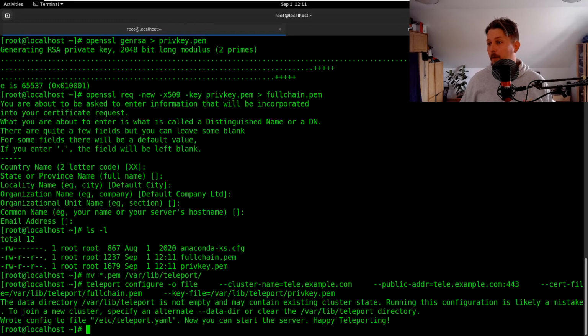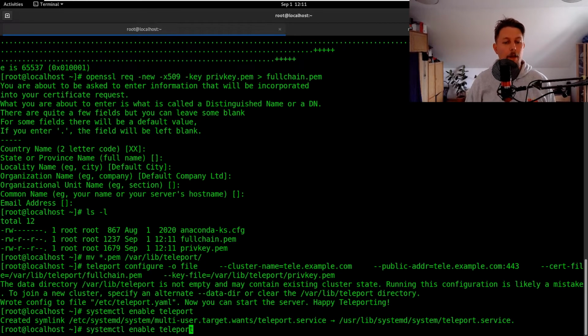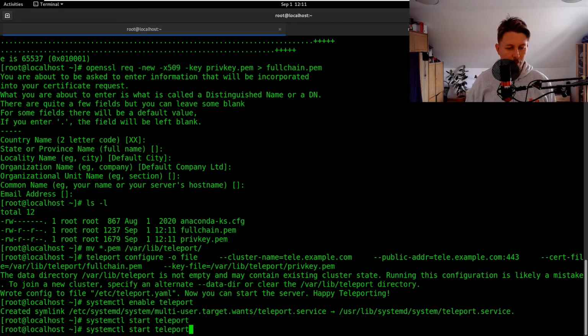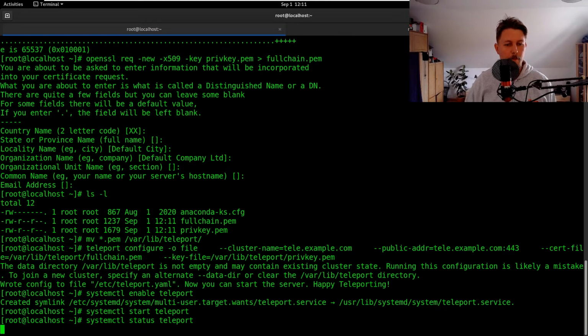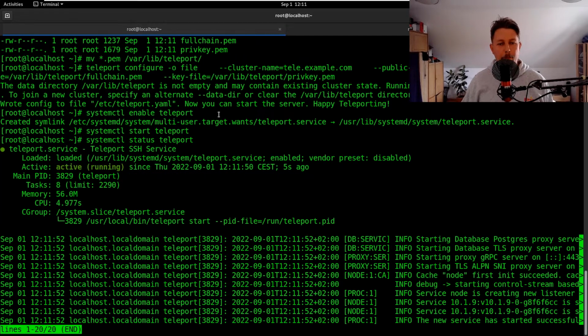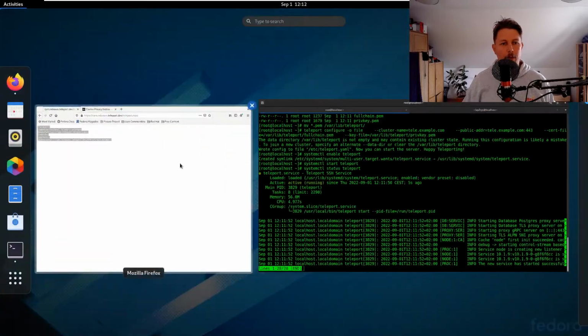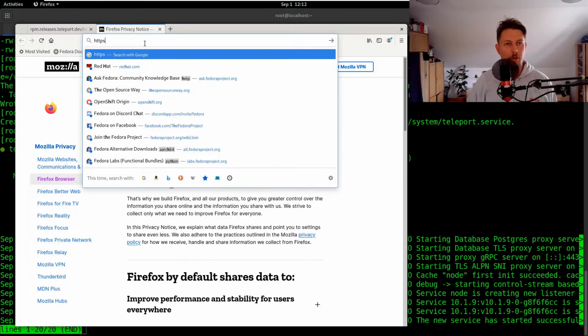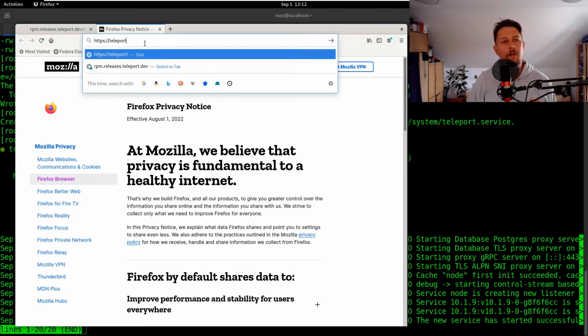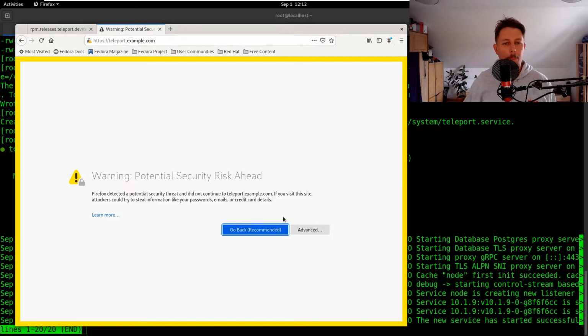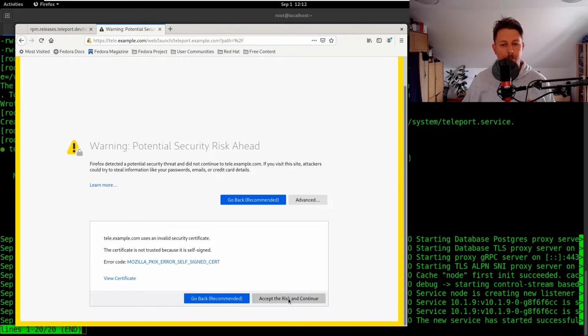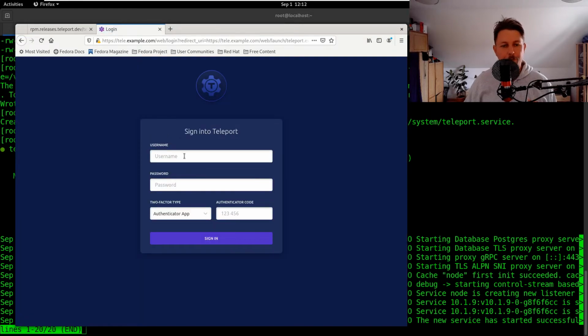What I would like to do is to use the systemctl enable teleport and start Teleport. If we check the status, you will see that it is running. And if I open up my browser and navigate to https://teleport.example.com, after the certificate error is acknowledged, I can continue. So now I would like to create